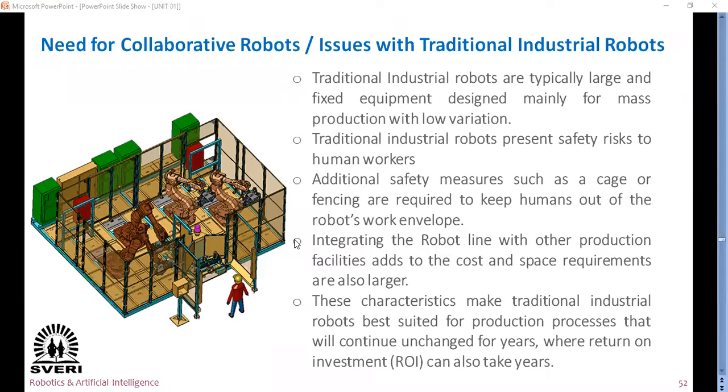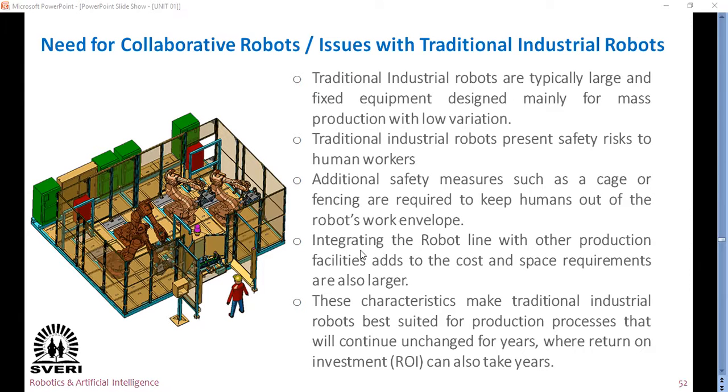Additionally, safety measures such as a cage or fencing are required to keep humans out of the robot's work envelope. See, here this figure is there. This fencing or cabin is there. In this cabin, the robots are working separately and the human is outside of the cabin. This is the traditional system. If a human enters inside the cabin, what will happen? You can judge. That is, an accident will take place.